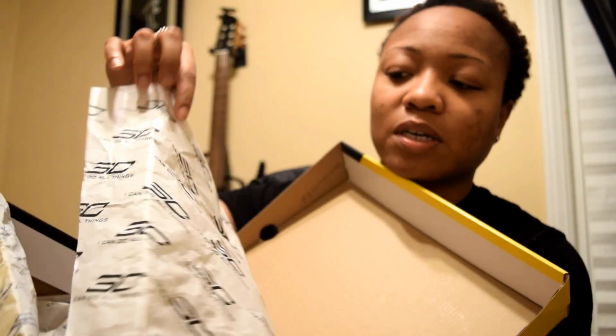Let's see what the box is. It's different, so bear with me. This is an Under Armour box. The official colorway is white, black, and MSV, whatever that is. It's a size 10, Under Armour Curry 2. You see the SC on the box. And it came with, this is what the paper looks like. I took the shoes out, but